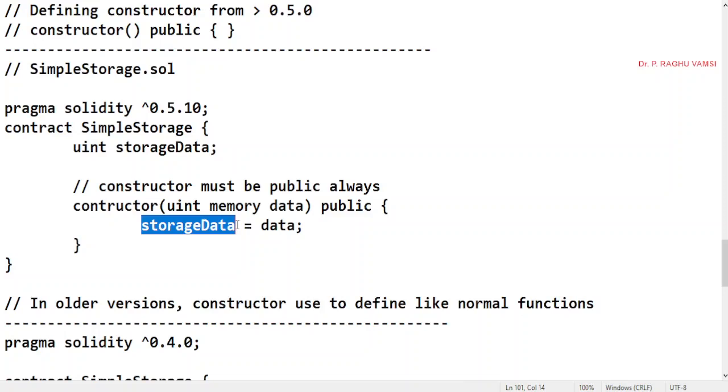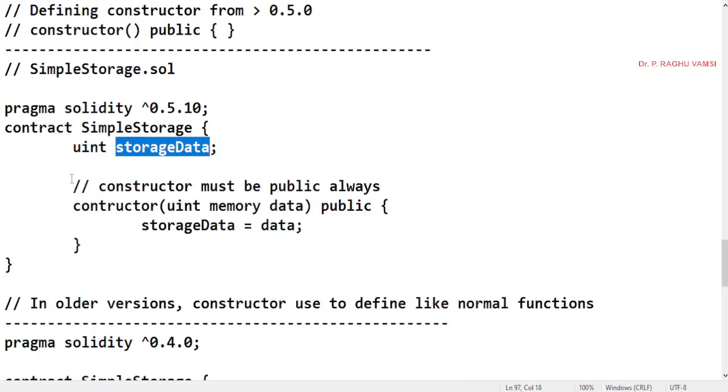That is the reason the data which is going to be read should be placed in memory first. Then for the data placed in memory, some gas points will be spent. That data will be assigned to the variable that you have declared in this contract, and it will be permanently there in the program. With this variable value, the rest of the operations will go on.